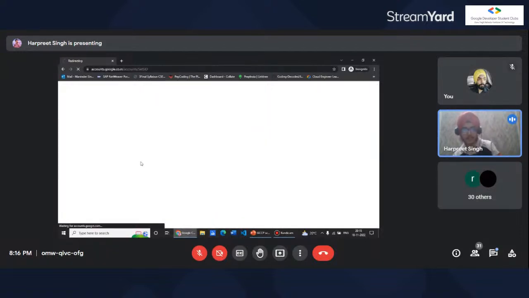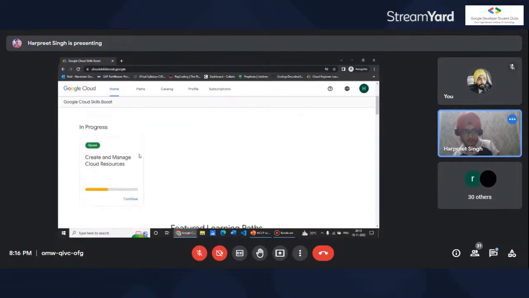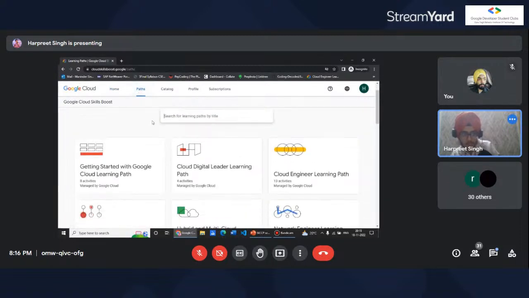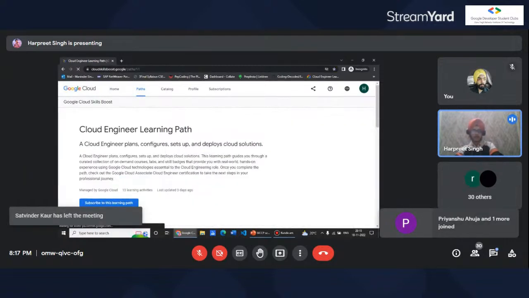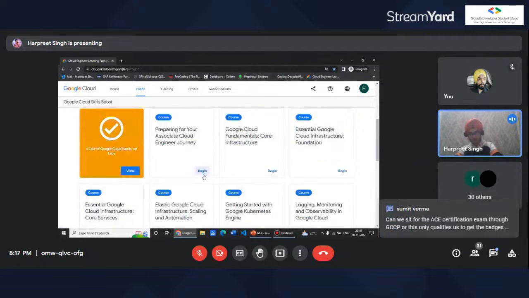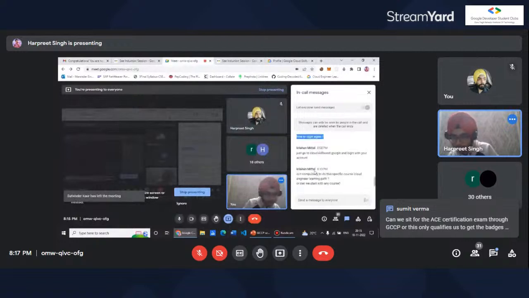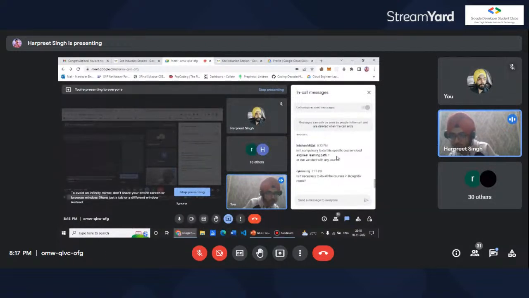So once I have signed in again here, in the path, I can see the cloud engineering learning path, 13 activities. This is the path that we want to access, and we can begin with any course we want. Okay, let's go to the Skillboost account, log in with your account. Cool. Is it compulsory to do the specific course, cloud engineering learning path, or can we start with any course?